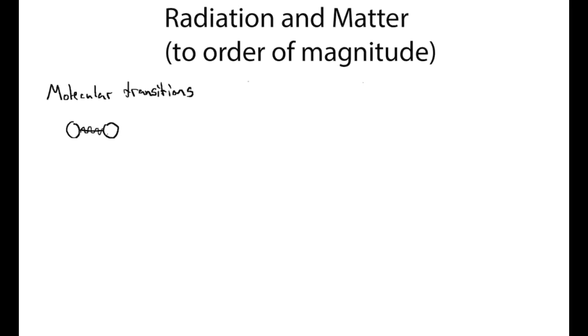And we can talk about vibrating these atoms with respect to one another, the vibrational transitions where they move toward each other and away from each other, versus rotational transitions where they circle around each other. So for vibrational transitions, the energies of molecular transitions just follow the characteristic harmonic series for a harmonic oscillator, which